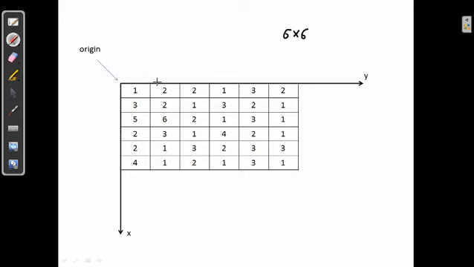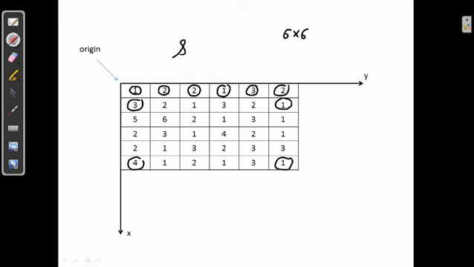Whenever you're trying to process this image, you'll process this first pixel, then carry out the processing on the second one. This will be third, fourth, fifth and sixth. Once you reach here, you need to move to the second row, first element. Similarly, you'll be completing till here. You'll be processing row by row, and this will be processed at the end. So this is how the image will be processed in spatial domain.